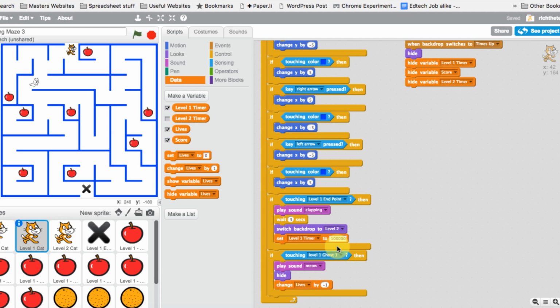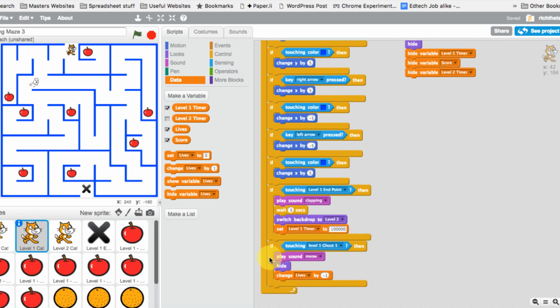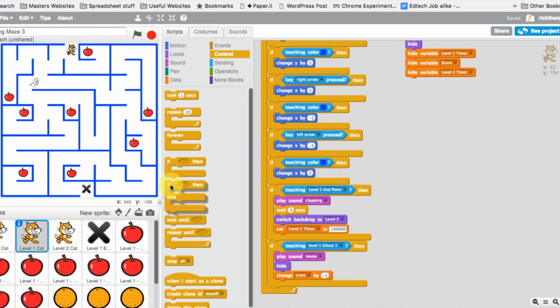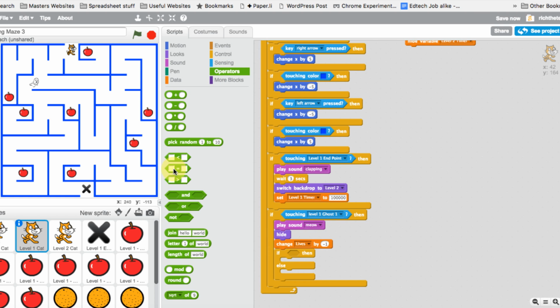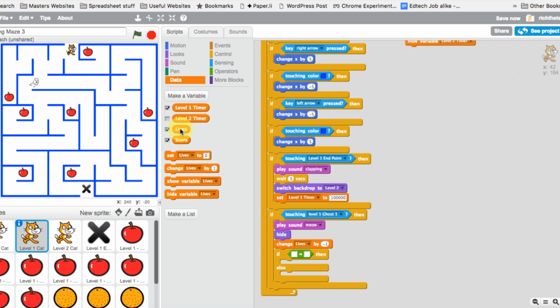Okay, then what we want to do is say if the lives are greater than 0, then we want the cat to reappear. If the lives are 0, we want it to go to the game over screen. So let's do that. So let's go to our control. If something happens, then do this. Otherwise, we want it to do this. We want an if-else statement in there. So let's put that in here. If operators, if something is equal to something, so let's put that one in. If, then data, if lives